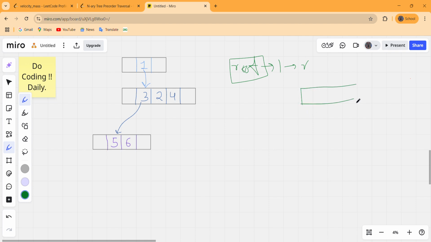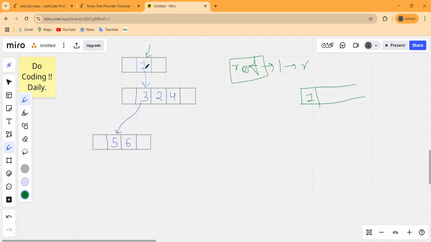Like if we are on this one and this is not null, just push that inside our answer. Before doing anything else, just run a loop for every child of this one.